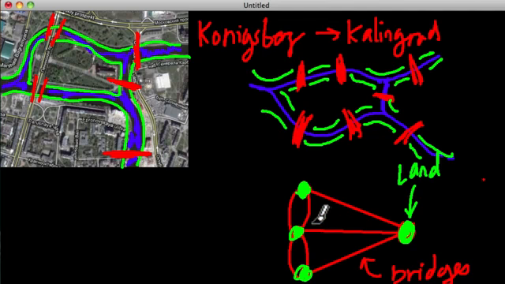So he was able to represent this picture, which is based on the map of the actual city, and simplify it into this graph. And it's such a powerful tool to be able to do that. Now the question is, can you do it? Can you start at this landmass and then maybe somehow walk here to the end to all these other landmasses by only crossing each bridge